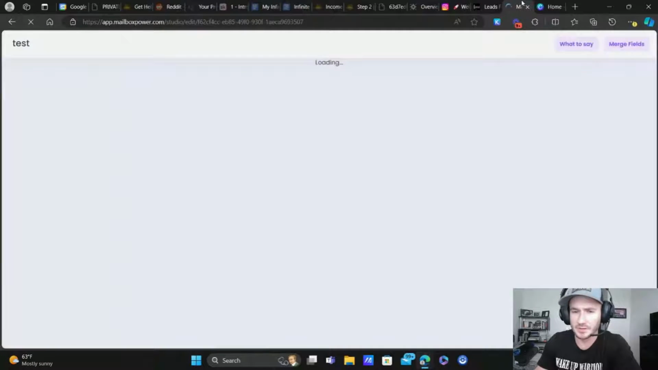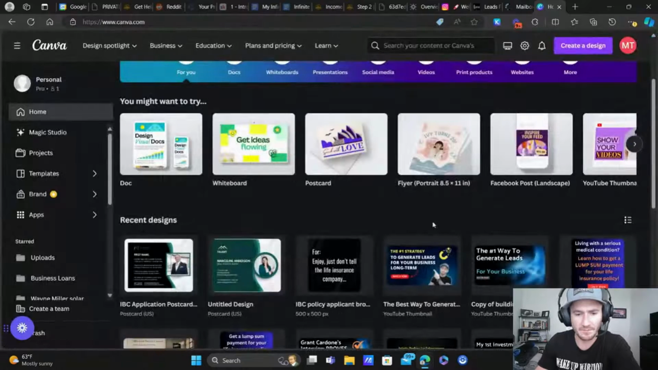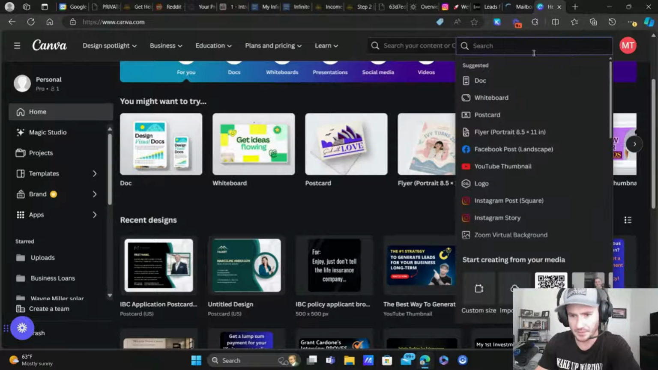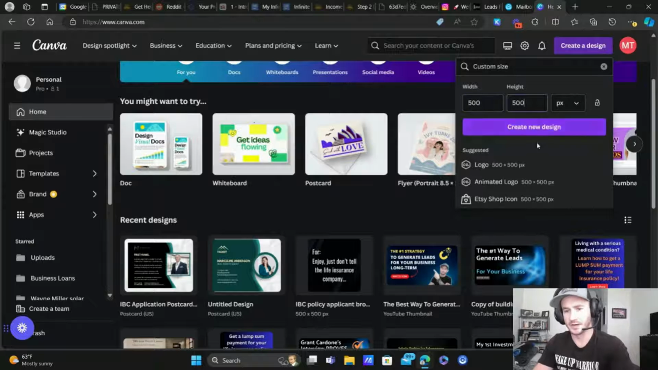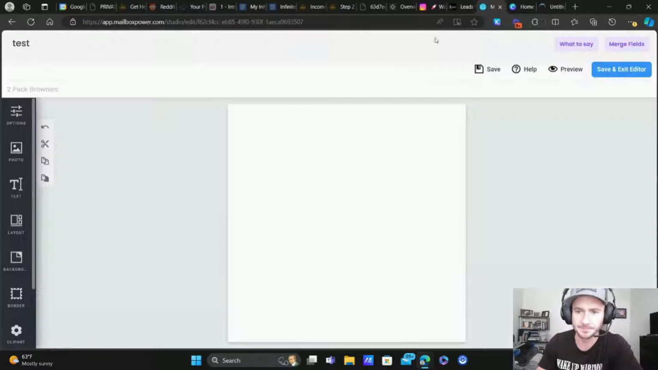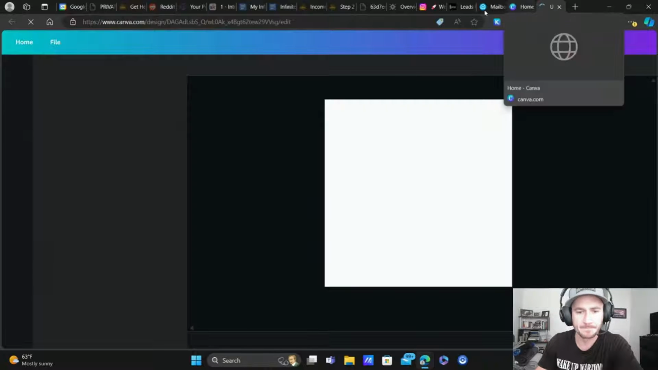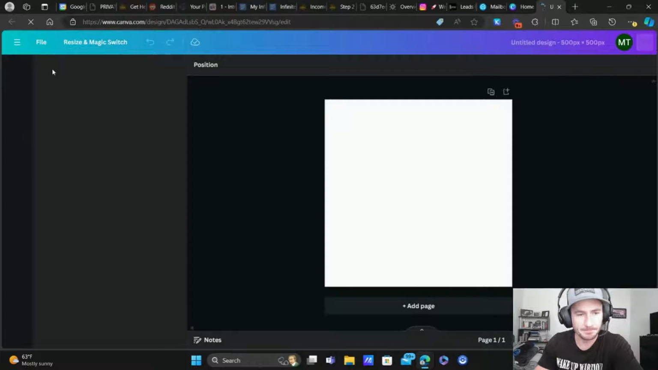Right. I believe this was a 500 by 500. Yep. So for the brownies, the 2-pack of brownies, we can just go into Canva here, create a design, custom size, and we're going to do a 500 by 500, create new design. And just pick a template that you want